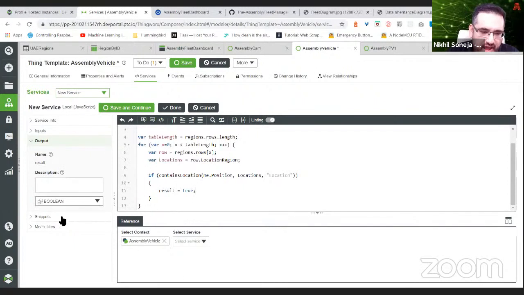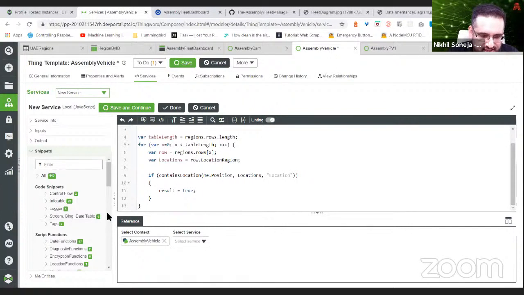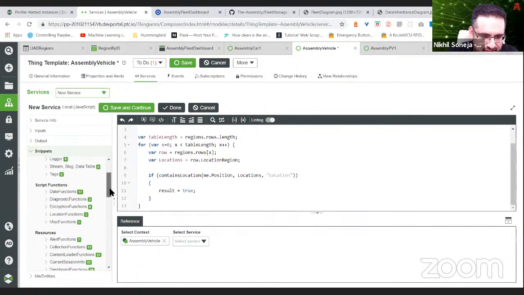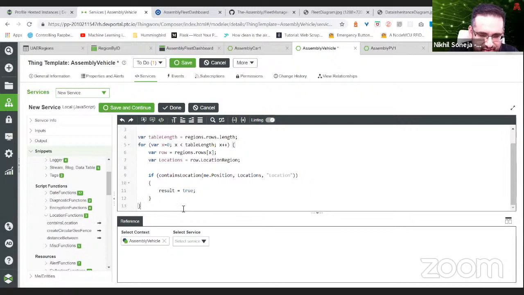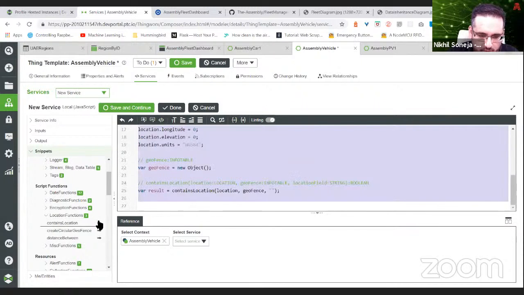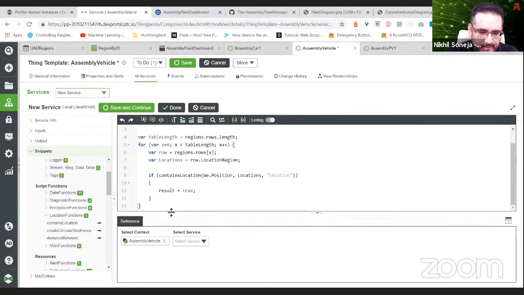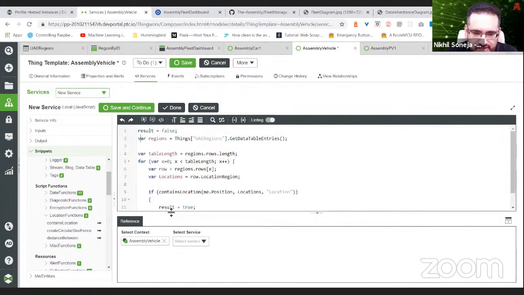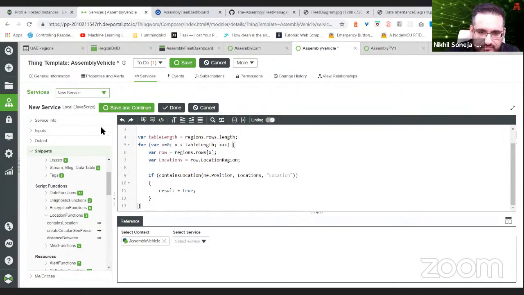If you want to see where all these are, they're listed under snippets. You can see under snippets where we have location functions, so contain location is there. If I just went and did it from there, it would automatically fill in a default thing. You can do that, but we've already typed it in. You can also do a circular geofence, which instead of a regular region just does this. So this is our function. When we save and continue,